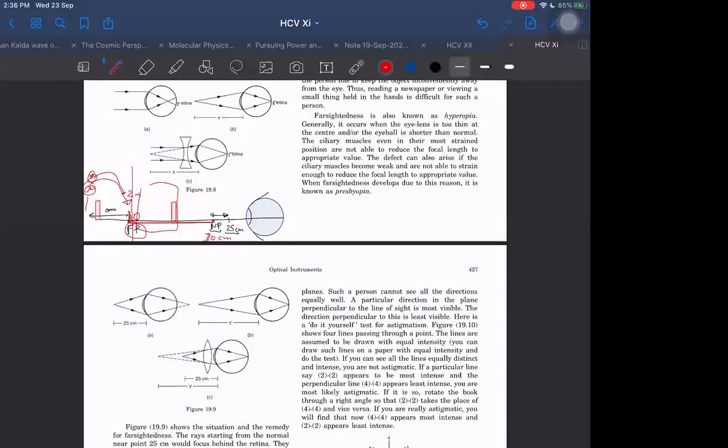In the same way, the entire world's image will be formed suitably within this small range from 30 centimeters to 2 meters if I use the proper corrective lens. And what will be the corrective lens that I have to use? I have to use a concave lens to bring the image of infinity to the far point.